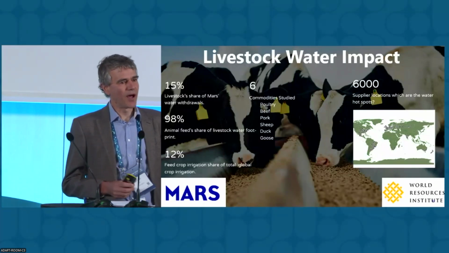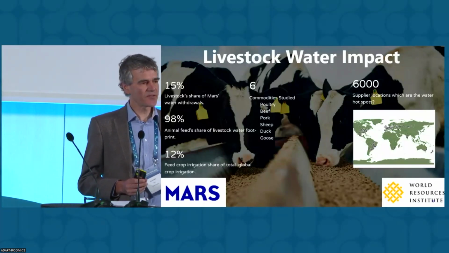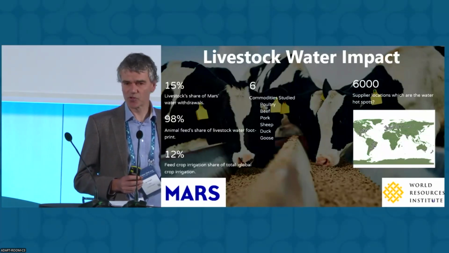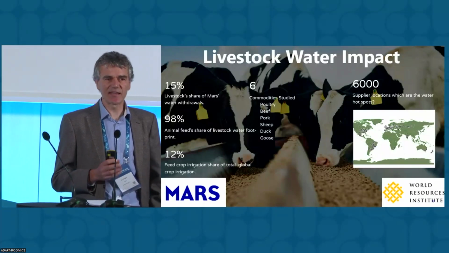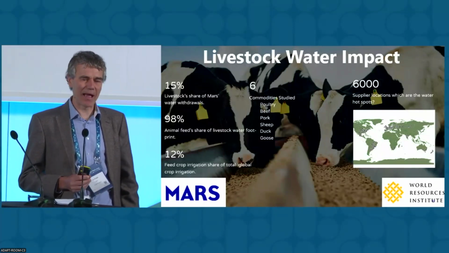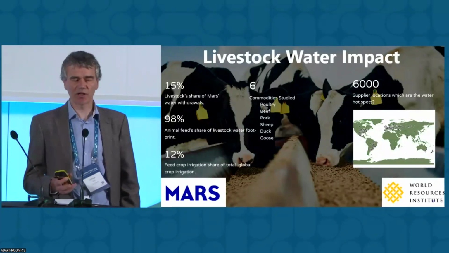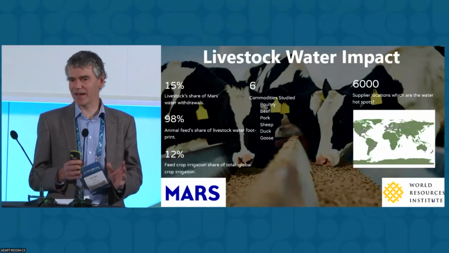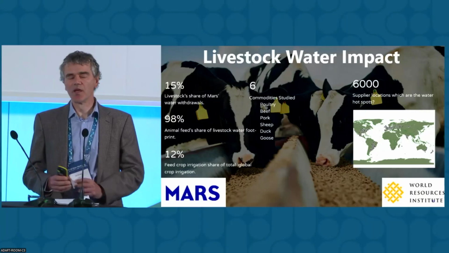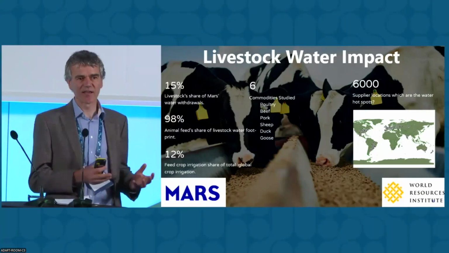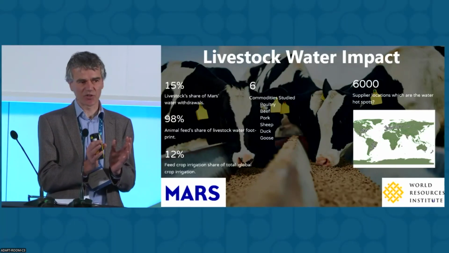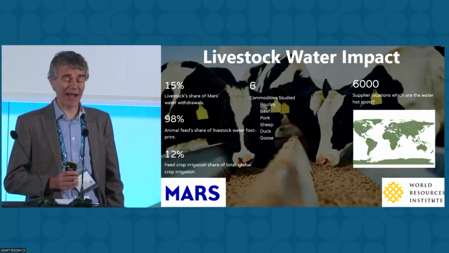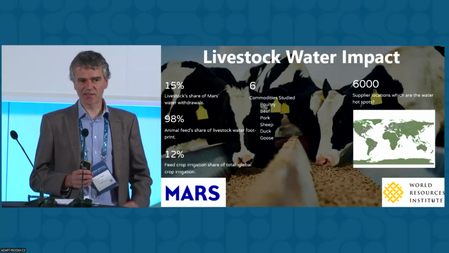But we have a problem with livestock, because livestock is really all about the feed the animals are eating, and that's 98% of the water impacts of livestock come from the feed. But we don't know where that feed is coming from, what that feed actually is, or in what quantity. So when you have a context-based water target that's all about local stress conditions, you can't include those livestock impacts actually in the target. So we haven't done up until now. And it's not the most important thing.